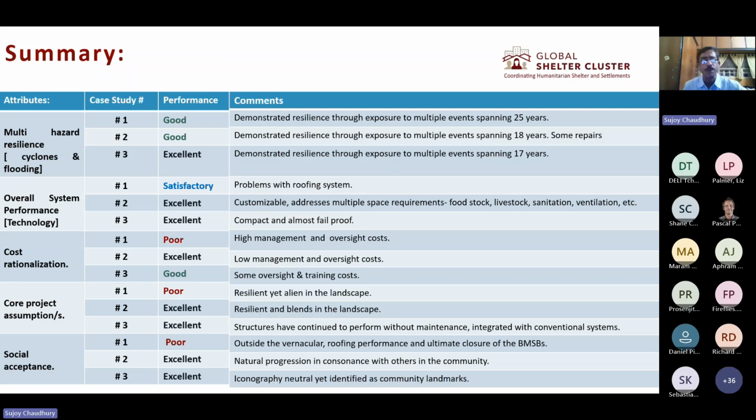In terms of cost rationalization, while the first project in Orissa, the prefabricated, putting-together kind of thing, initially when you did the cost estimation, the BOQs, they worked out fine. But the cost of delivering that was very high. I mean, it required a lot of skills and engineers. I was the project manager and I had such a tough time out there getting things done. So I would say the cost part of it turned out to be different.